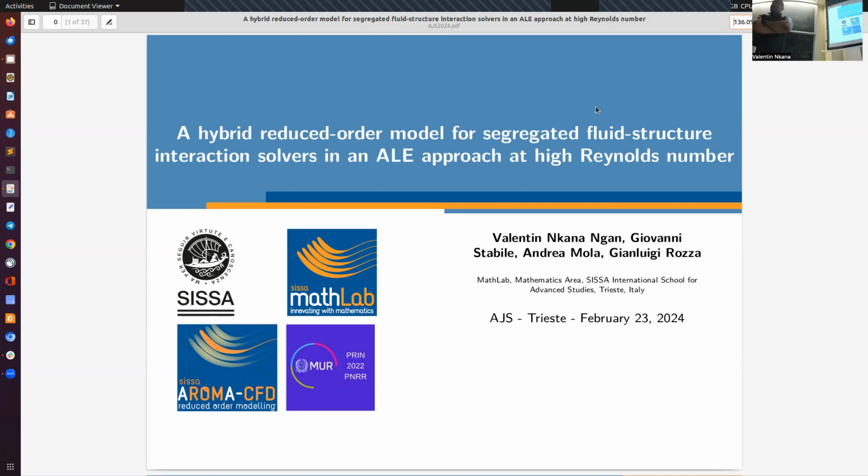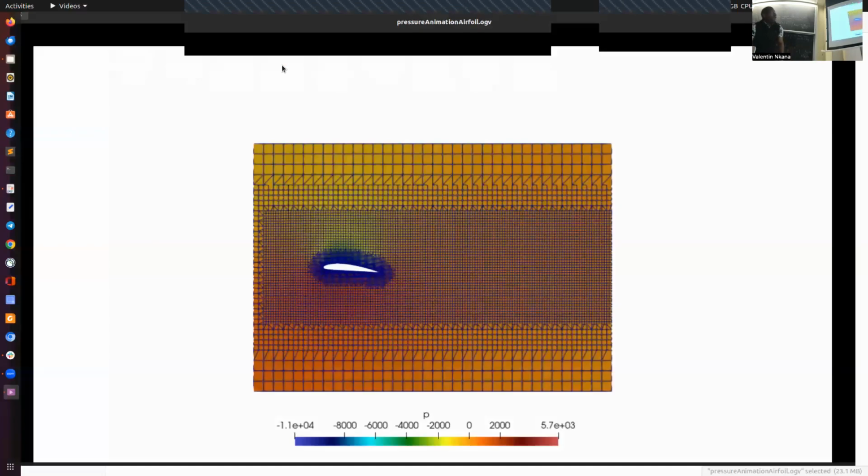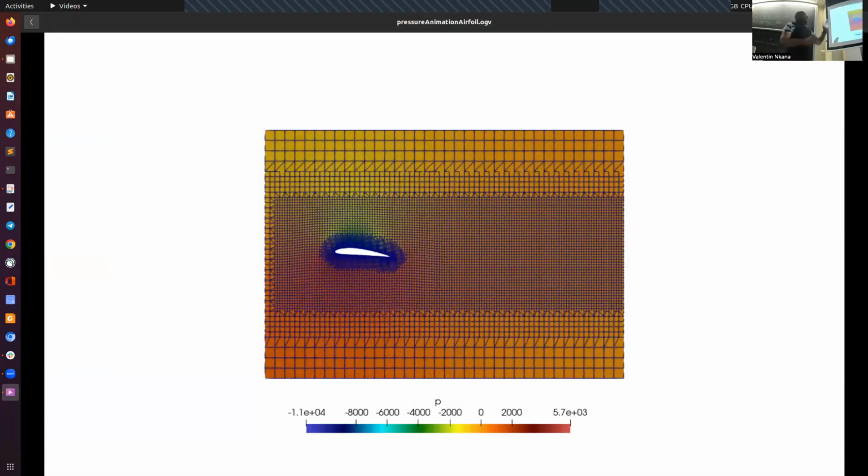Good. Thank you, Mark. Thank you, everybody. Before starting the seminar, I wanted to motivate you a little bit about what I'm doing. To do that, I would like you to have a glance at this video. Basically, this is the flow passing an airfoil that is moving up and down and rotating. I want to build the entire reduced model of this system: the forces applied, all the quantities of interest, meaning the velocity, the pressure, the point displacement, and since we are in turbulent regime, the eddy viscosity.